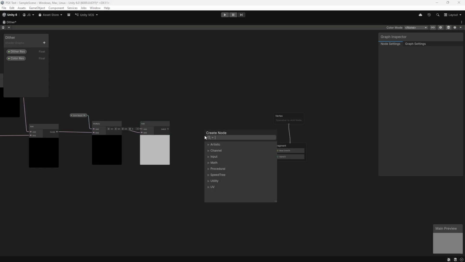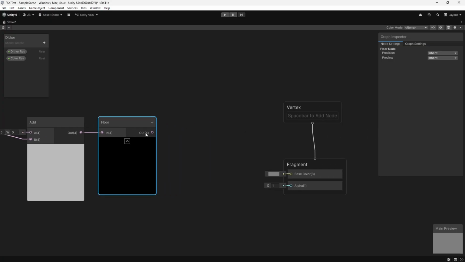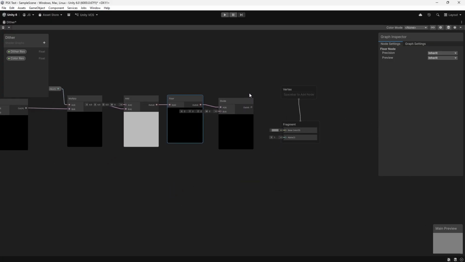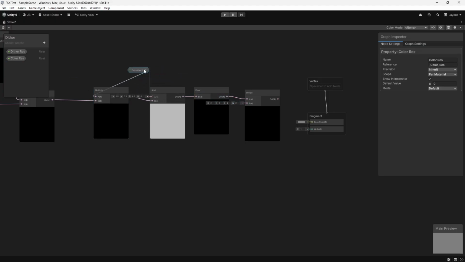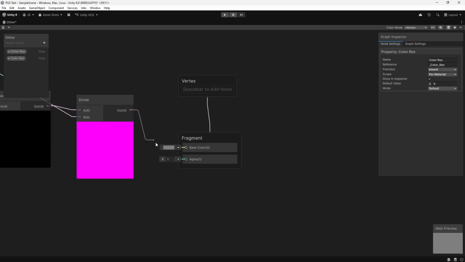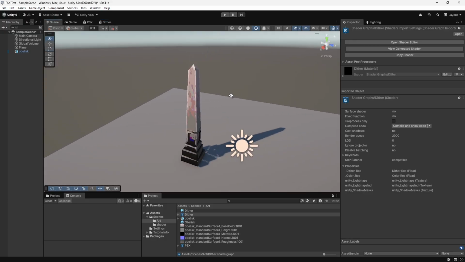Then we are going to lower. And then finally divide by color resolution. And this will be our output. Hit Control S or hit the floppy disk, double click, go back to our scene, and well, where do we